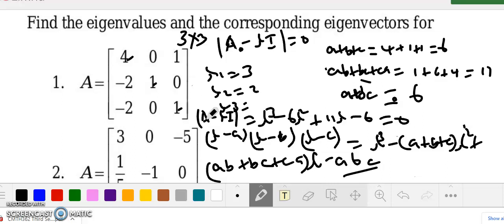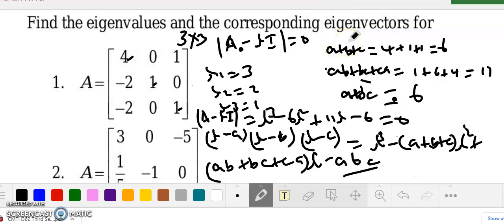The remaining value will simply be 1, because 3 times 2 is going to give us 6. What other value will you multiply with 6 to remain 6? It is simply 1. So 3, 2, 1 are the eigenvalues that we need to use to find the corresponding